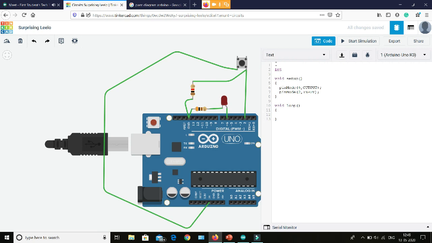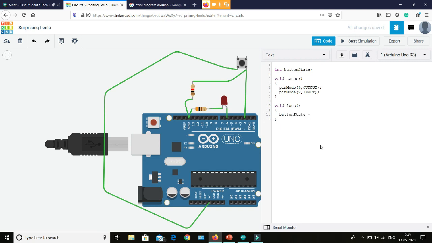So I will write buttonState equals. Now we will use the function digitalRead as we are now reading the value of the button. We are reading the value of pin number 2, so we will write pin number 2.